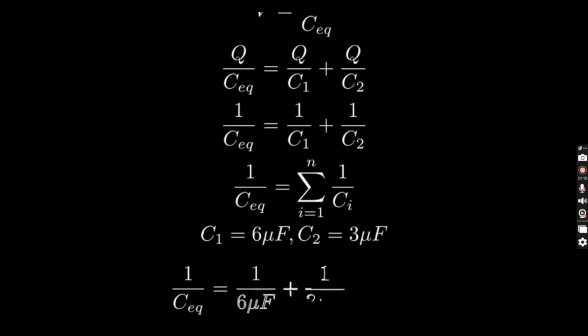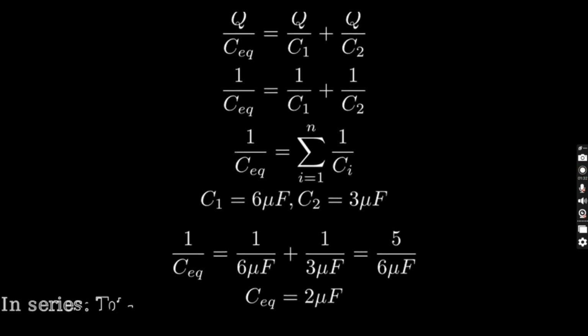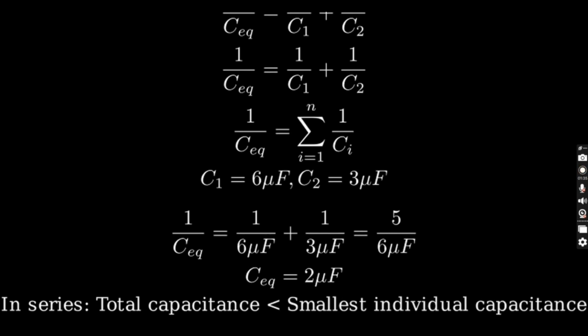If C1 equals 6 microfarads and C2 equals 3 microfarads, then 1 over C equivalent equals 1 over 6 plus 1 over 3, which gives us 1 over C equivalent equals 5 over 6 microfarads. Therefore, C equivalent equals 2 microfarads. This makes intuitive sense because when capacitors are in series, the total capacitance is always less than the smallest individual